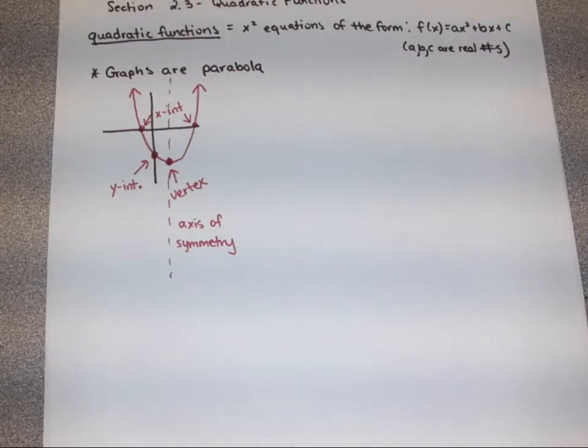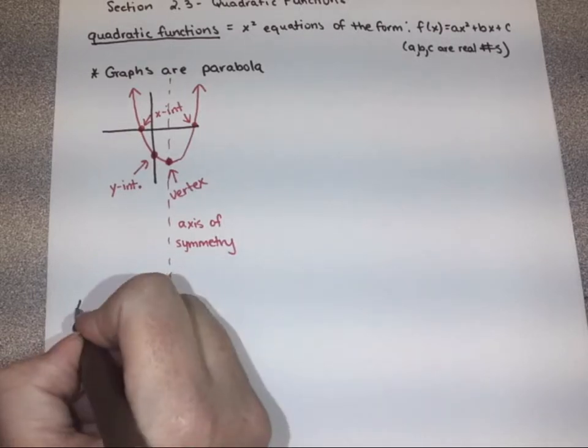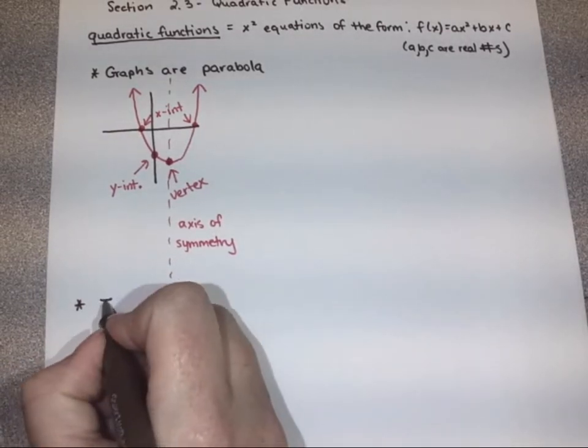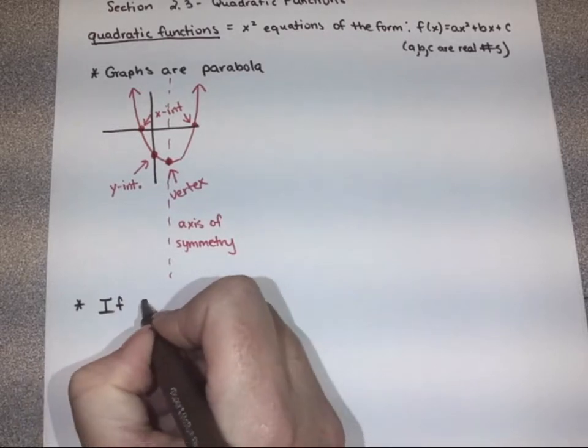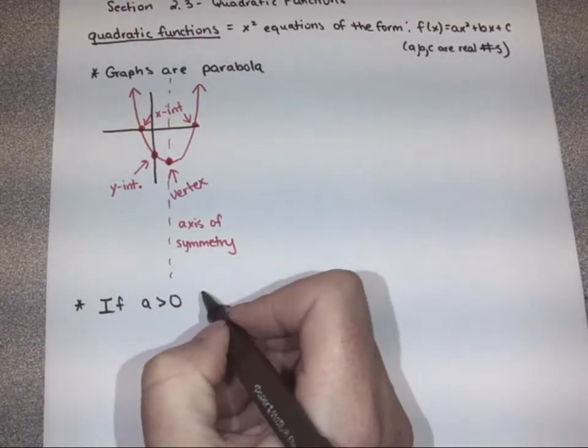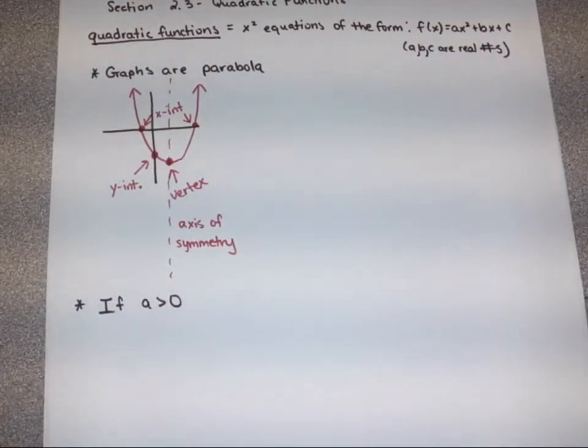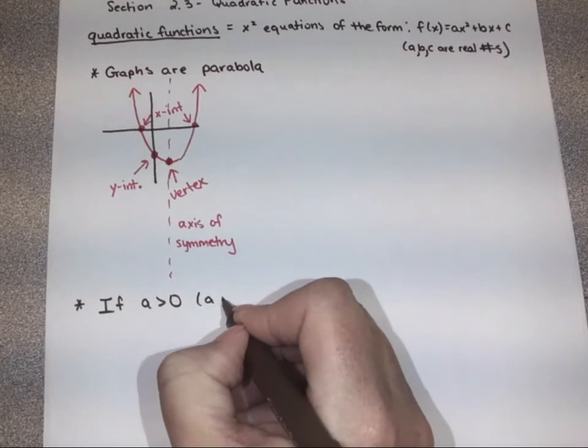So how do you find the x-intercepts? How do you find the y-intercept? How do you find the vertex? All that stuff. Okay, so let's break down the x-squared equation. The first thing is, if a is greater than 0, and by a I mean the number in front of x squared, right? ax squared plus bx plus c. So if a is positive,